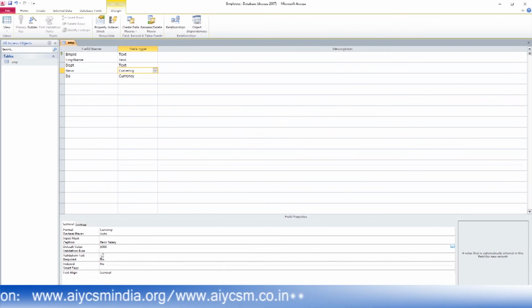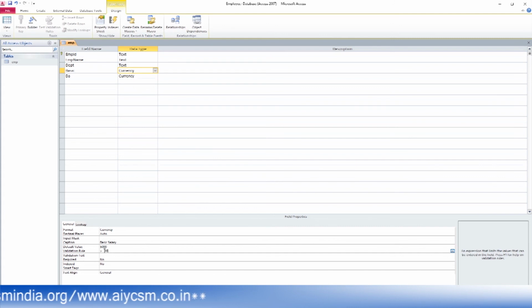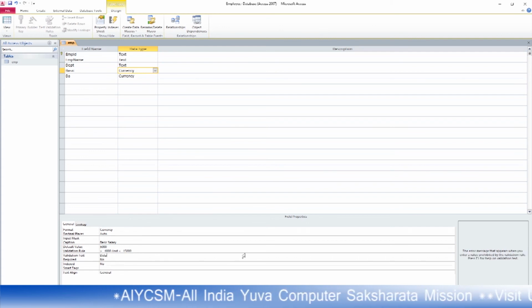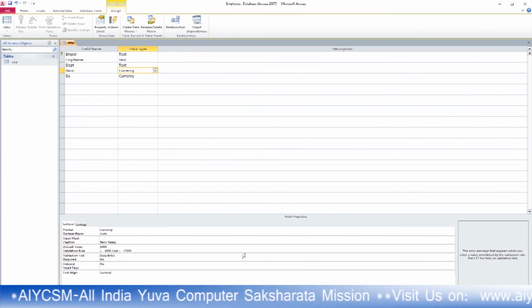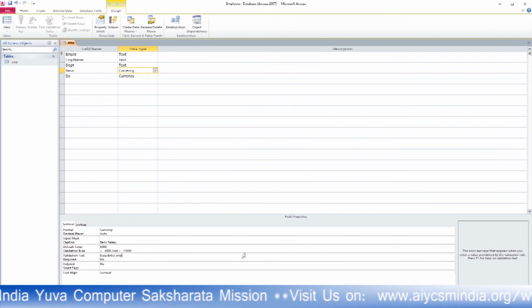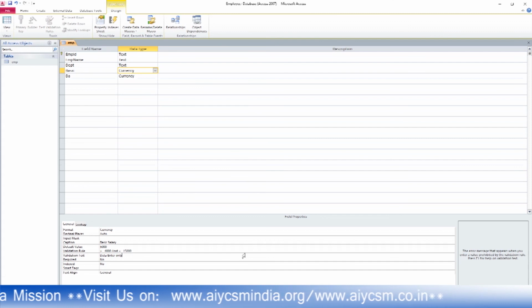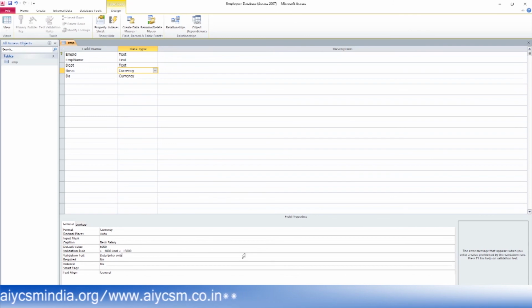Now the validation rules: greater than or equal to 4000 and less than or equal to 15,000. The value is always greater than or equal to 4000 and less than or equal to 15,000. Here you can enter data only within this range. You can write a message for that. Those who are laymen, who do not know the difference of zeros, instead of inserting 4000, they will dare to insert 40,000, just one zero difference. But the company would have a huge loss for that. So you can restrict this value within this range.